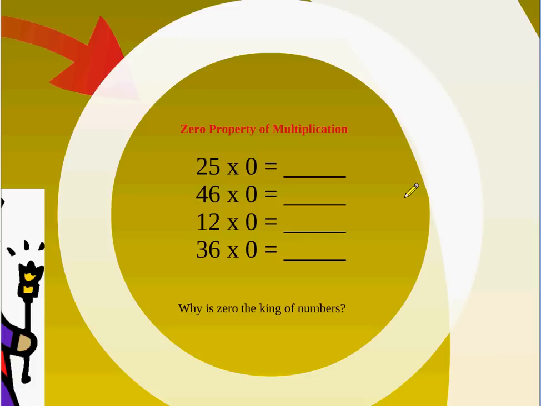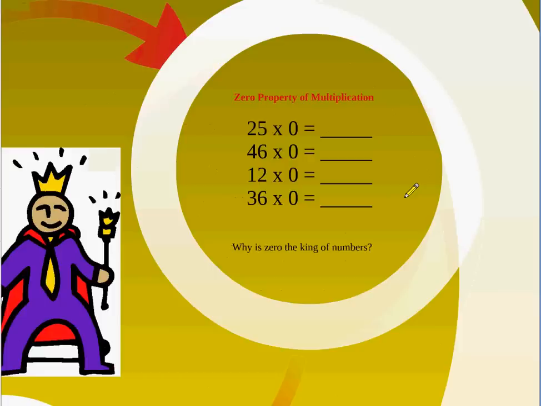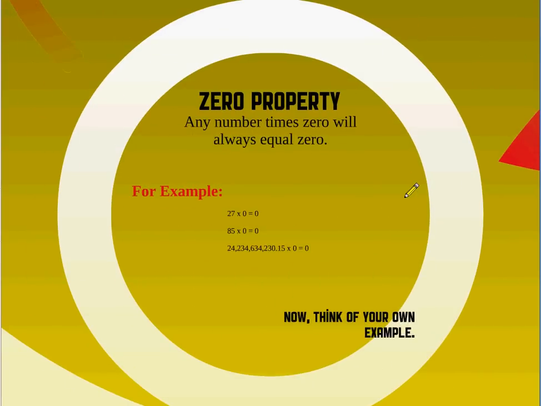And that is the 0 property of multiplication. And again, of course, you already knew that. So we're just giving it a name now. So get that definition down. 0 property means any number times 0 will always equal 0. And I put a few more examples down there. Take a look closely at the third one. I believe that is